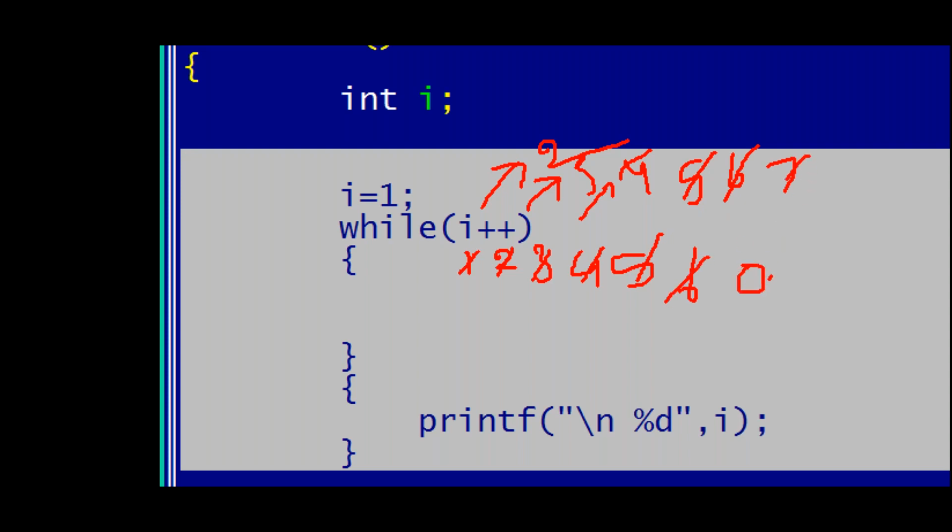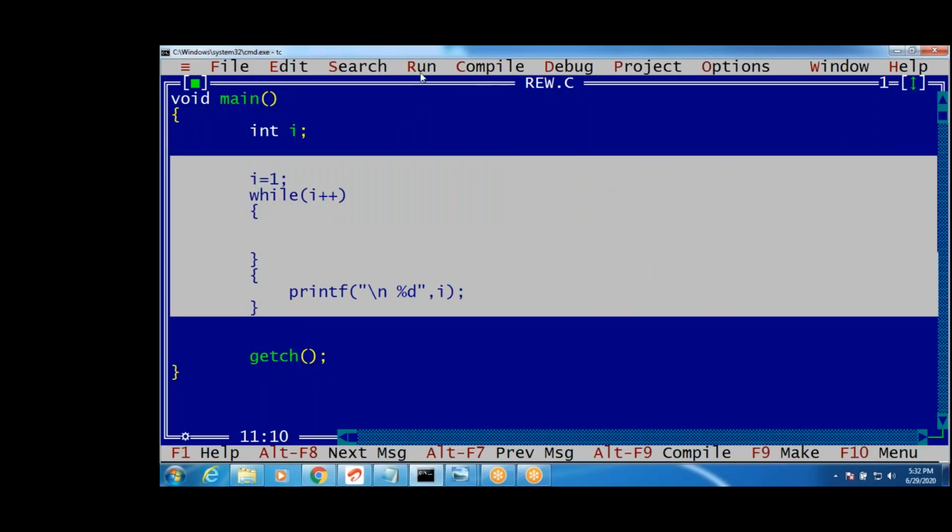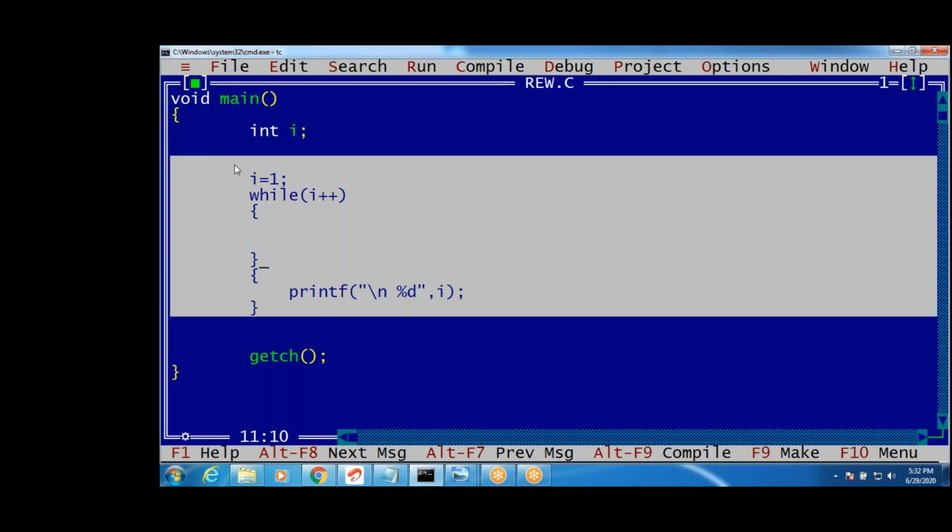Jagan, sir, explain again, sir, why is it 0? I tell you, i++, i++, i++, right? Till it's 0, it will go. Whenever it is 0, false, it comes outside. Complete? Jagan, understood? If I write ++, why is it 0? That value will be incremented: ++a, ++a, ++a, 1, 2, 3, 4, like that continuously. Whenever it is 0, it comes outside and it prints.